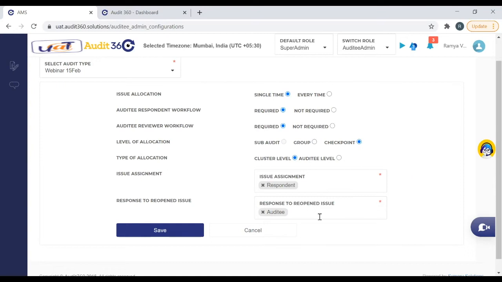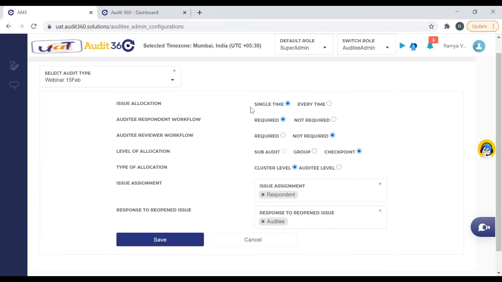So you can just select which role should get the reopened, so that directly the work can start from the allocation which we have done in the audit admin configuration. So here there would also be an improvement in one more thing, where if you do not have an allocation, we would be introducing no allocation, so that this information will not be applicable.